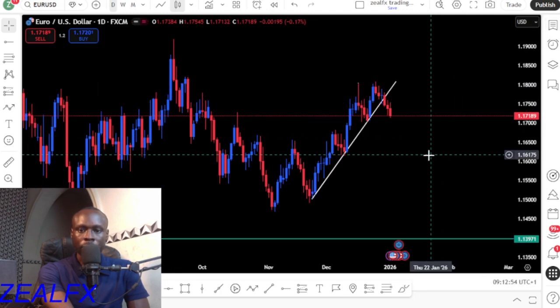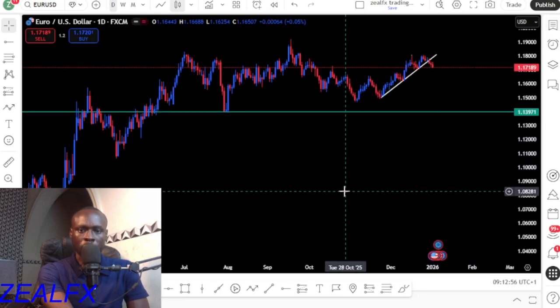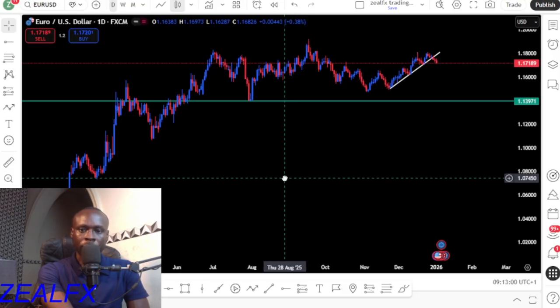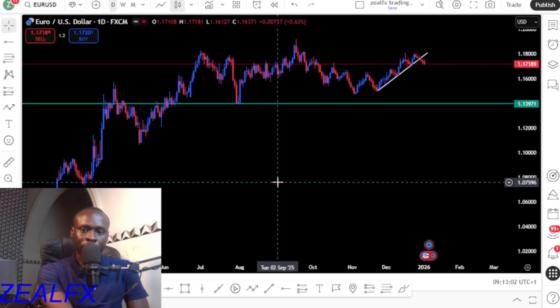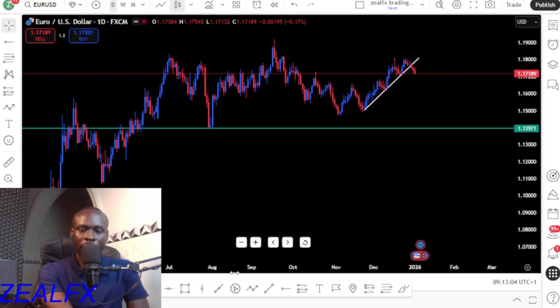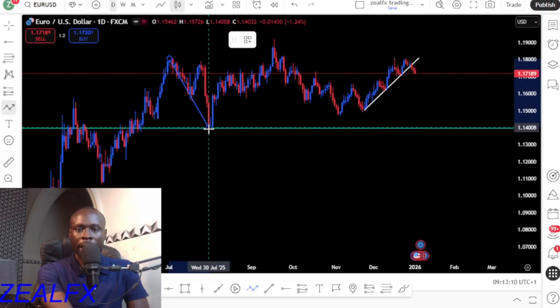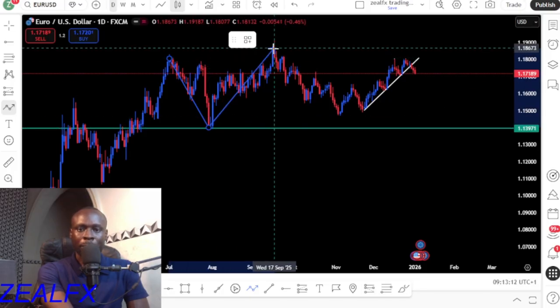EURUSD. EURUSD on the daily chart also has a sideways trend. Price has been on a consolidation on the EURUSD for a long period of time now. You can see we have the major structure. We have this previous higher high, then price created this higher low,